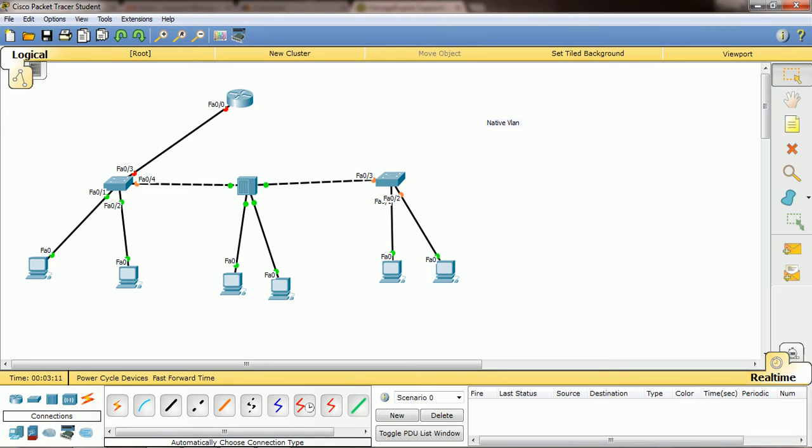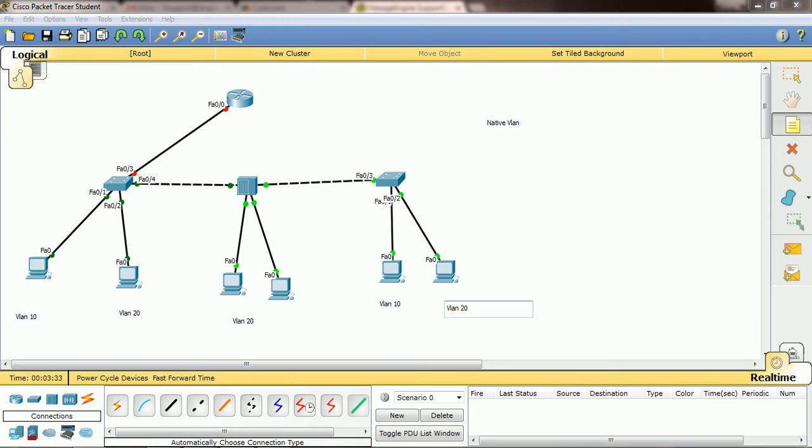As I told, I will label it so you understand. This is VLAN 10, and this machine is VLAN 10, and these two machines are VLAN 20, and this machine is VLAN 20, and this machine is VLAN 20, right?